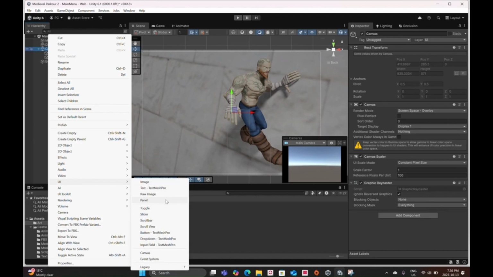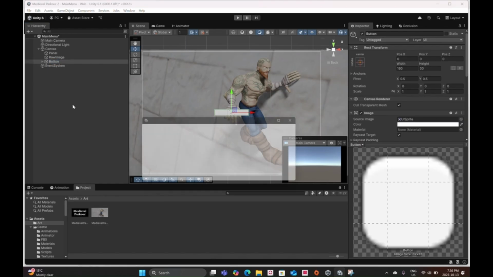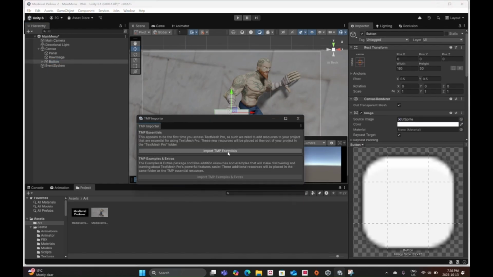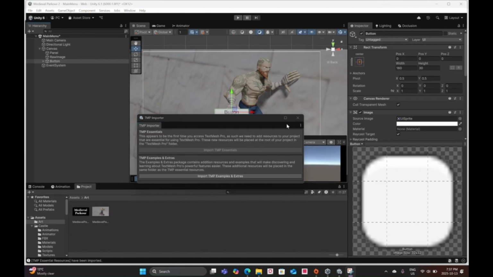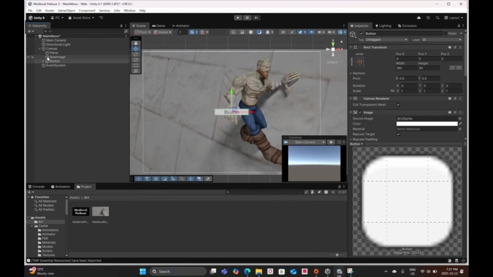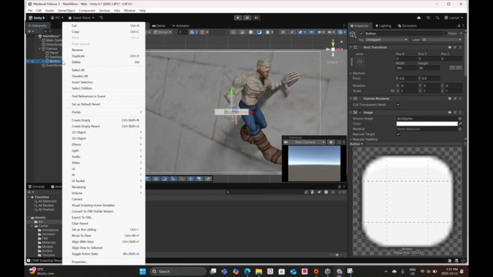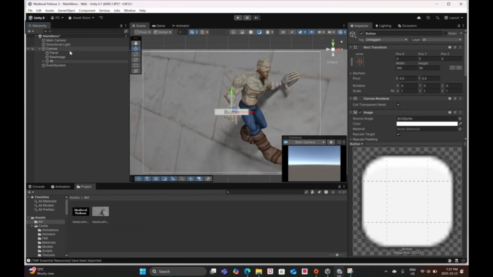So UI button text mesh pro, and I'm going to call this. Oops, if this comes up, that means you need to import the text mesh essentials. So I'm going to import that. When that's done, you can just close this. I'm going to name the button the play button,